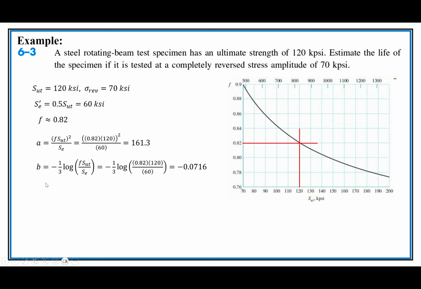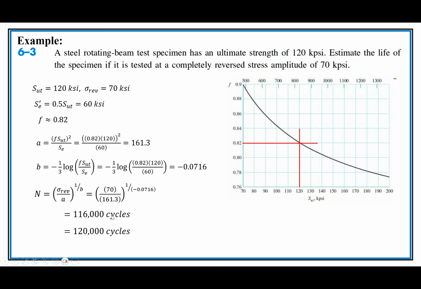And then we're able to use B, and we're able to find this exponent, right? So a negative 1/3 log of that fraction F times SUT divided by SE. Remember that this is really just a curve fit between 2 points on a log-log scale. And now with that 70 KSI, we're able to come up with a number of cycles,